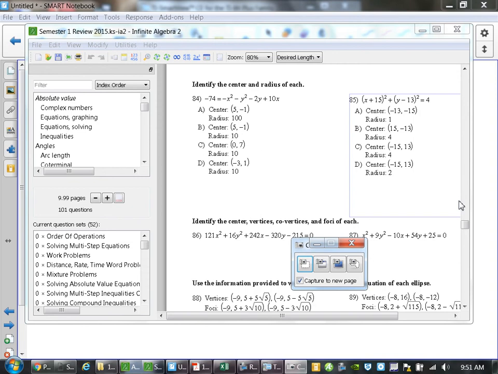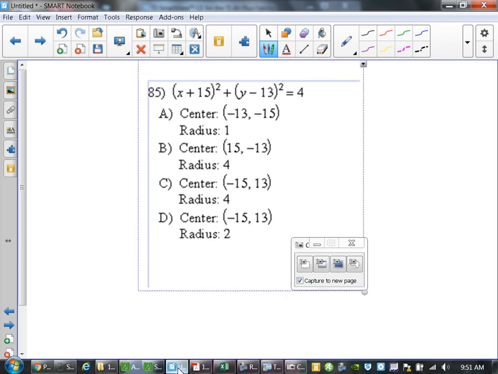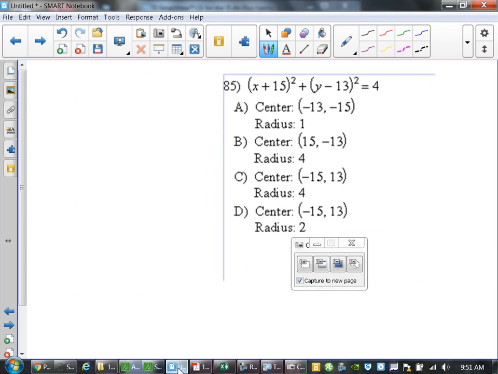Identify the center and the radius of each. So, the generic form of a circle is x minus h quantity squared plus y minus k quantity squared equals r squared. So in this case here, your center is going to be at -15 and 13 with a radius of